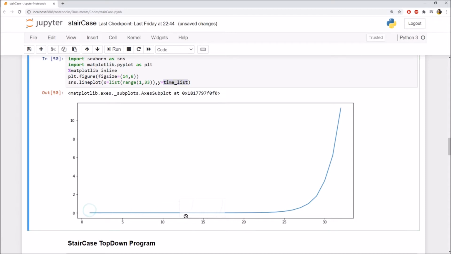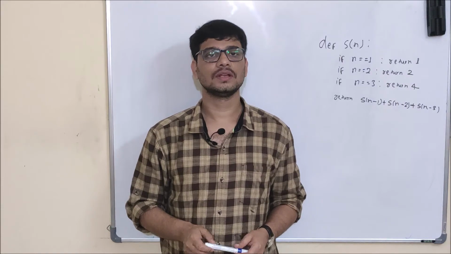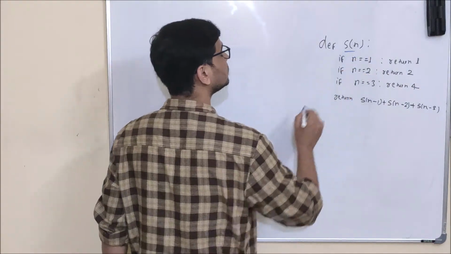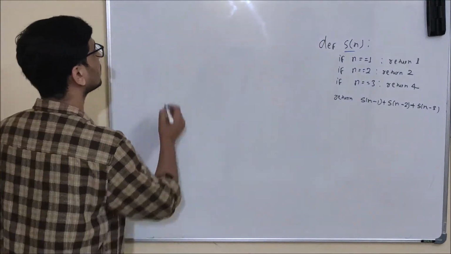Okay, now we will go to the board and we will prove mathematically, or that is, find out mathematically its time complexity, and after that we will draw the recursive tree for this one, and we will try to figure out whether we can apply dynamic programming here or not. Now friends, let's find out the time complexity of this program mathematically.